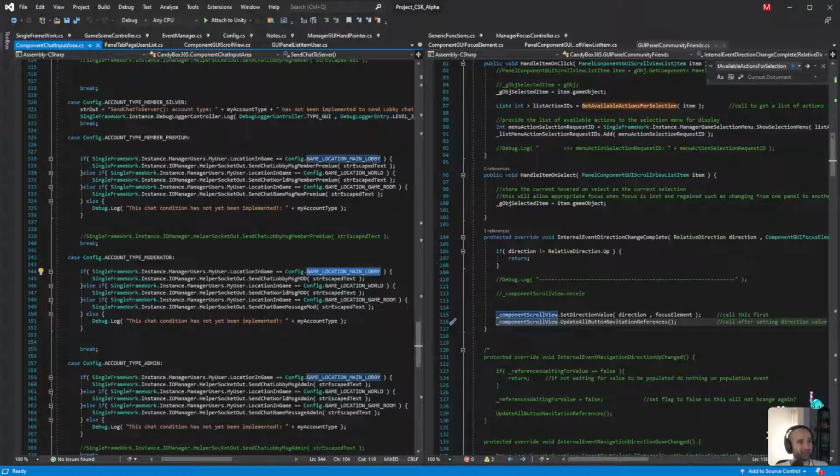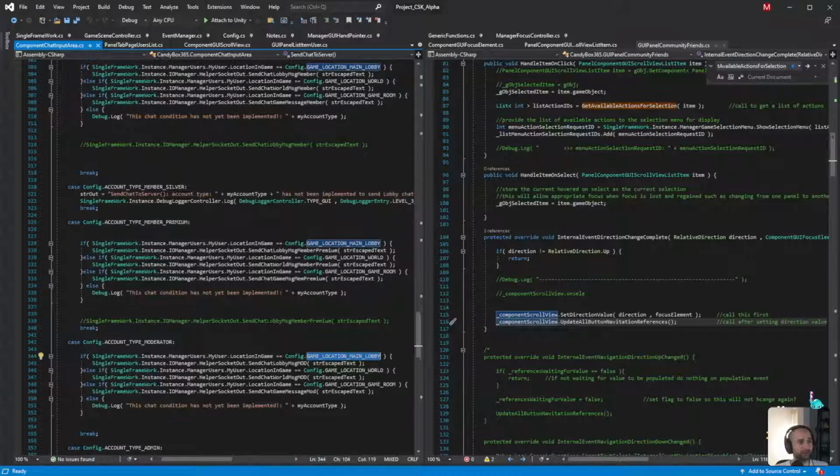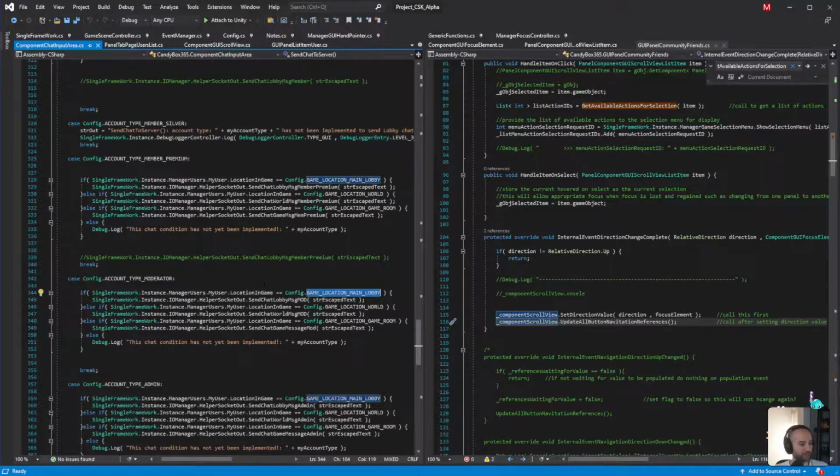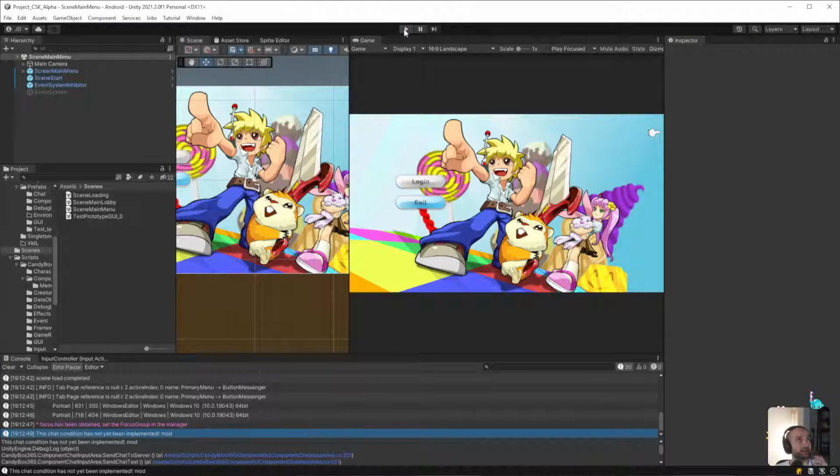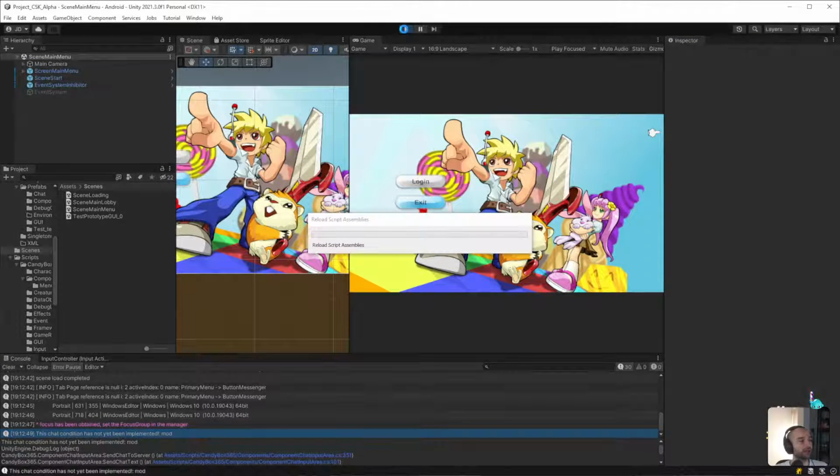At least I think it was working before. Maybe I'm mistaken. What I'll do is try logging in as a non-moderator account.